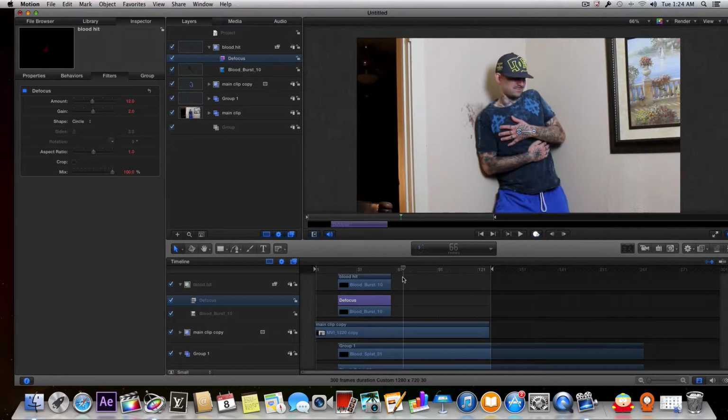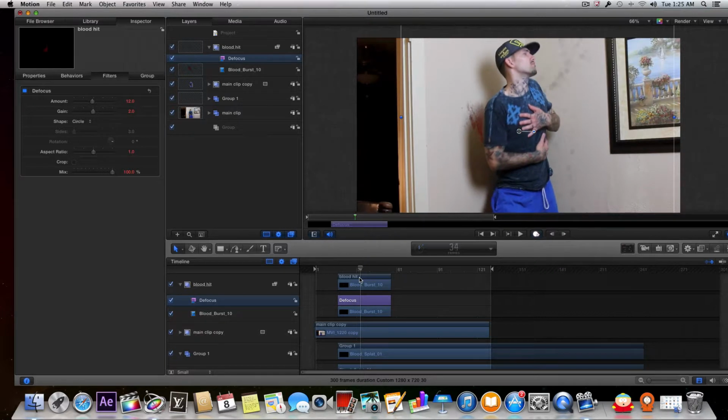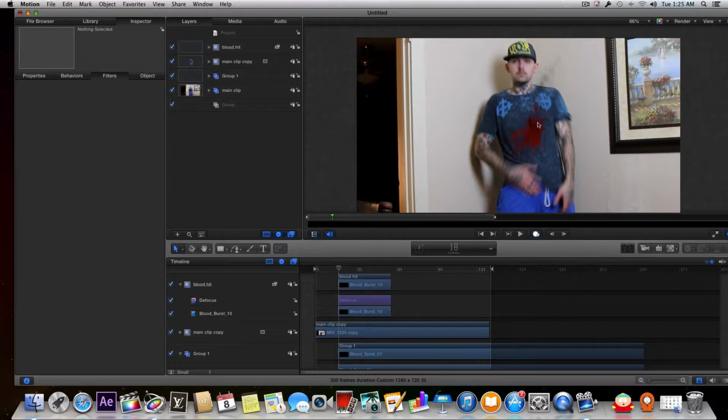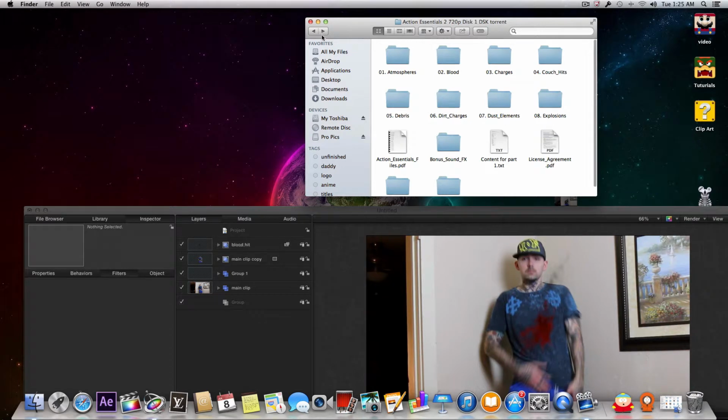And another thing I want to add is, if a person got hit by a projectile in real life, it's going to leave a cloud, or a mist, if you will, coming off of the subject. So in order to accomplish this, we want to add almost a type of smoke or dust, or anything you can find that we can bring out of focus, add a blur to, and stretch so it looks like a mist has been sprayed around the subject. So for this, I'm going to go back to Action Essentials,